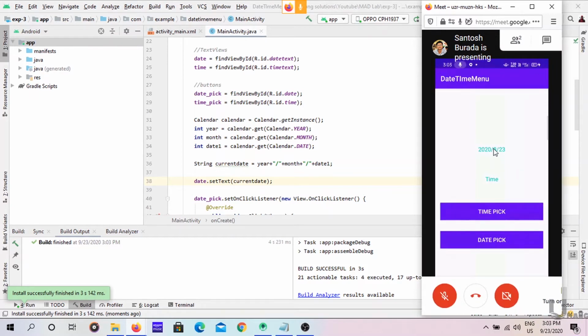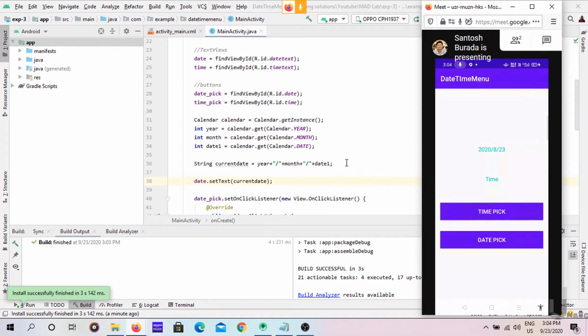What is the reason? Because we know that every array index starts from 0. So in Android Studio also, maybe this calendar is using some arrays. It is storing the names of the months and the count of the month in an array, so that from the 0th index onwards the month will start. If the month is 0, it is January. If the month is 11, it is December. So we have to increment this month with +1.